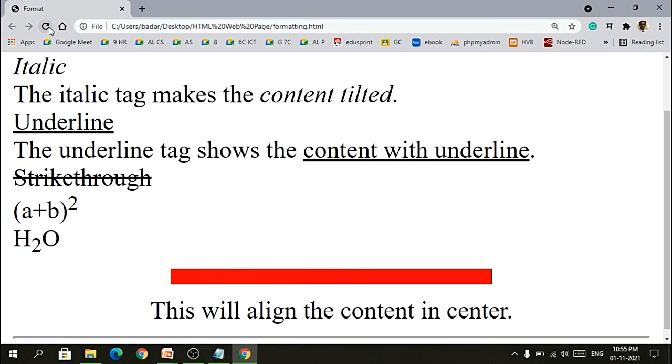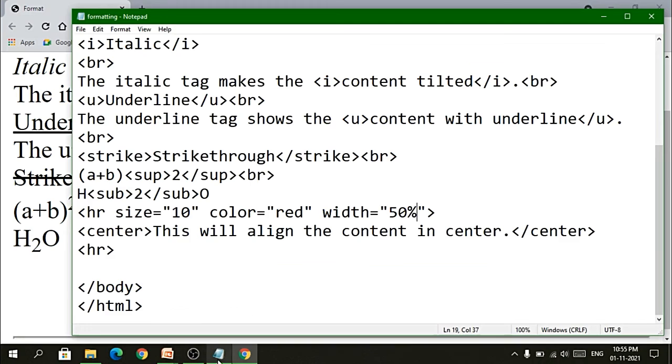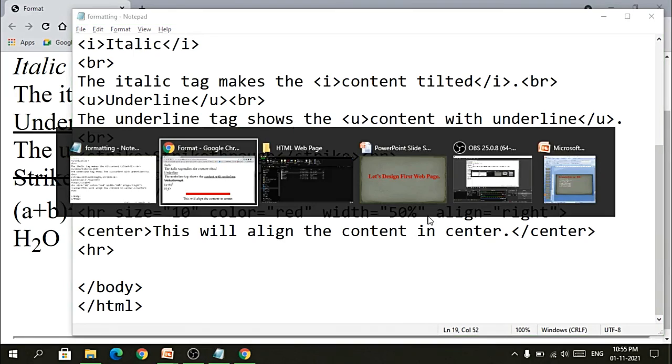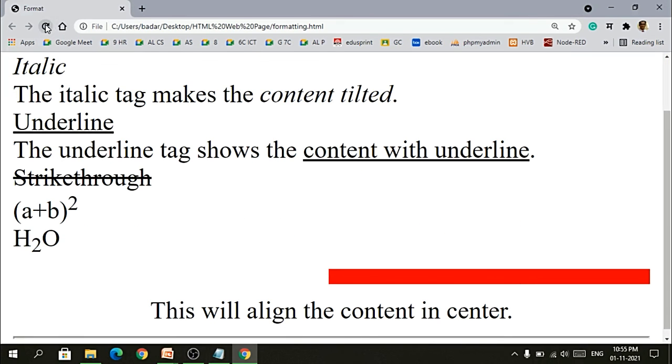Okay, then I can specify the alignment. Now by default it is center align. I can specify left align, right align, center align as per my wish. So center align is default, so it won't be required, but if I want to align it towards right, I will say align is equal to RIGHT, right, and then save the file and I will refresh it. So you can see that the HR, the line is moving towards the right side.